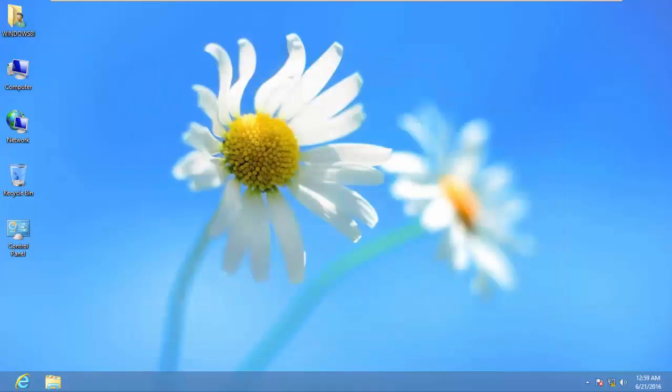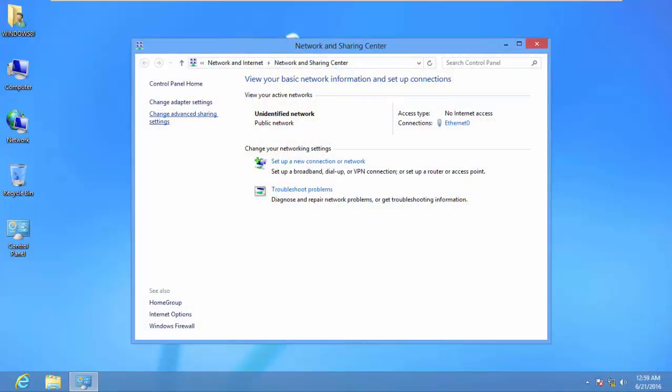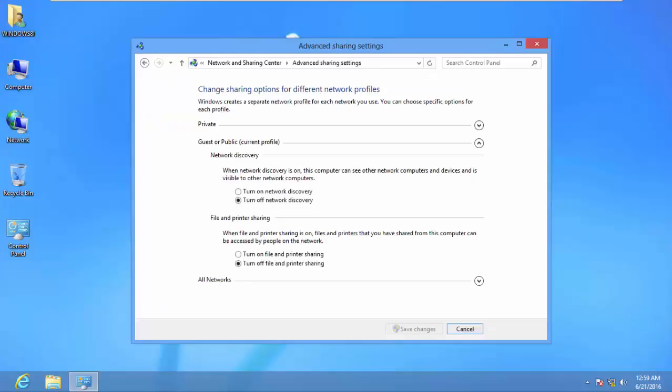Alright, the next thing that we need to do here is to turn on network discovery so that other clients on our network can have access to this shared folder. They can find this computer on the network and have access to these shared folders. To turn on network discovery, I'll right click on this network icon over here and open Network and Sharing Center, and then I'll click on Advanced Sharing Settings, and I'll check my current network profile and turn on network discovery. I need to also turn on file and printer sharing. Actually, we are going to need the file sharing part, but it's together, so we have to turn it on. So I'll turn on file and printer sharing and save,